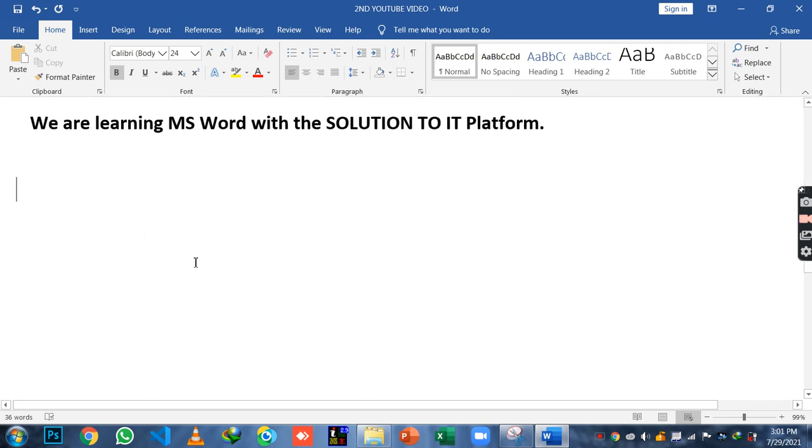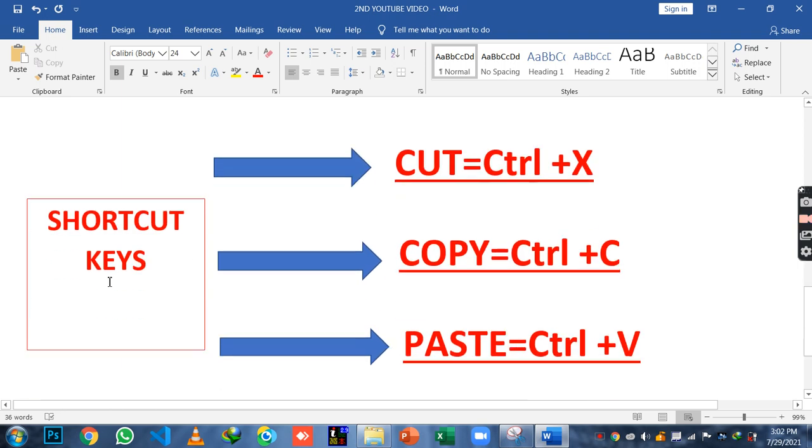Now let me tell you about the shortcut keys of cut, copy and paste. If you want to cut the text, you have to apply the shortcut key Ctrl X. And if you want to copy some text, you will apply the shortcut key Ctrl C. And if you want to paste the text, you have to apply the command Ctrl V. So there is the shortcut key Ctrl X for cut, Ctrl C for copying the text and Ctrl V for pasting the text.